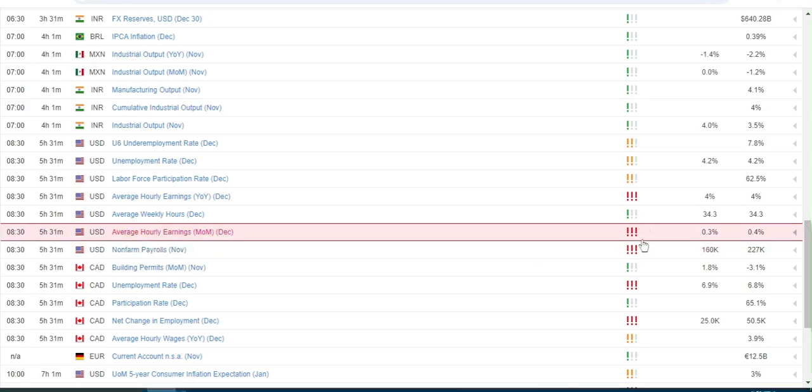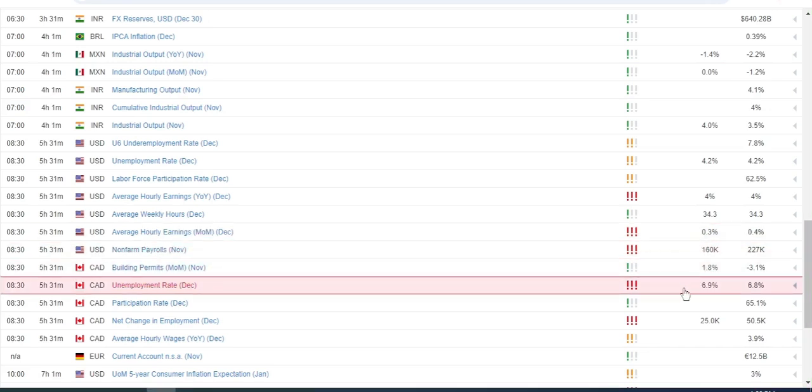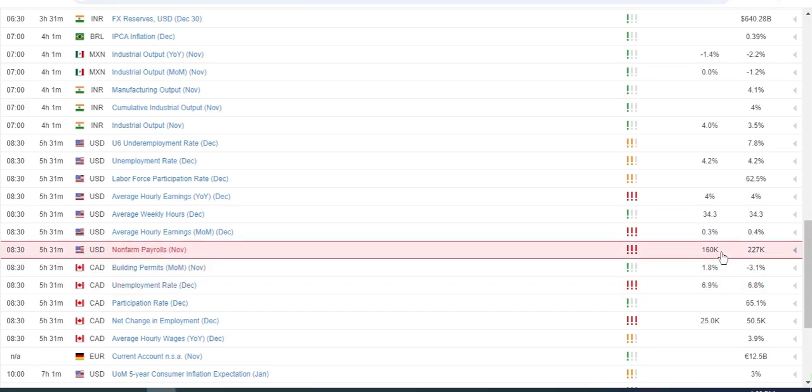Now I'm going to talk about why I'm not focusing on unemployment rate. In most releases, I have seen not a deviation of more than 0.1%, which has not made any difference in the dollar index. Most difference was made by this number, which is of course the non-farm payroll number, and